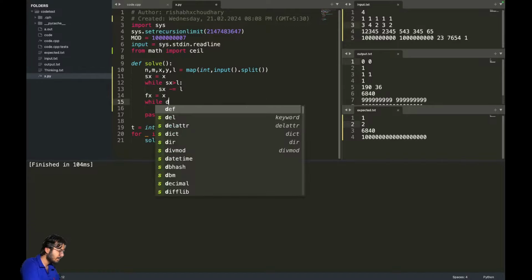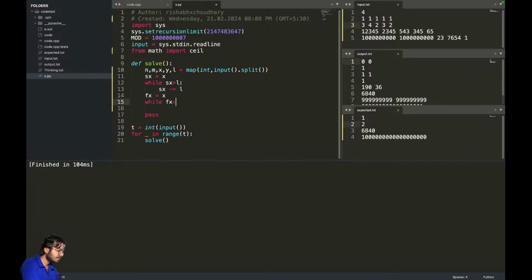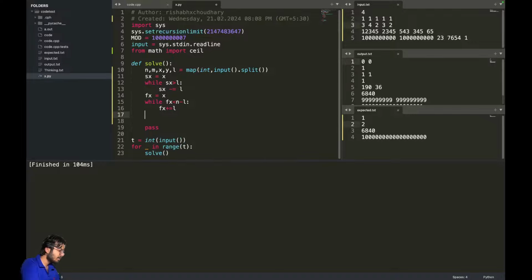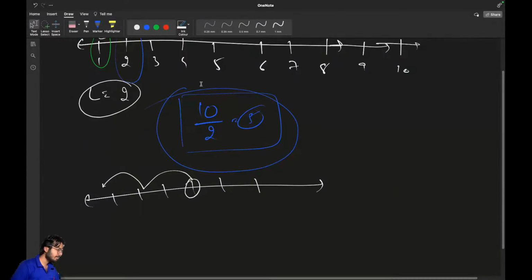I can say while fx is less than n minus L, fx plus equals L, and now the number of terms will be equal to, like, what is the nth term? Nth term is simply,